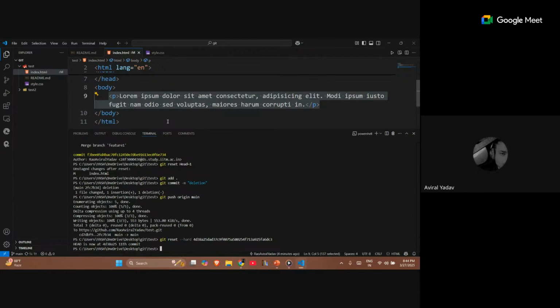So we have seen how to remove a particular commit when we have pushed it further. And what if we added a new file? For example, let's just add style.css. If I do want to remove this style.css, no, actually style.css has been pushed further, so it cannot be deleted from the system. I'll need to commit a file.